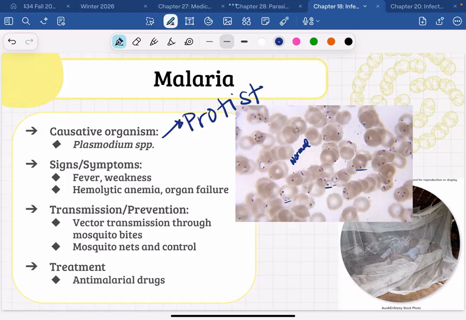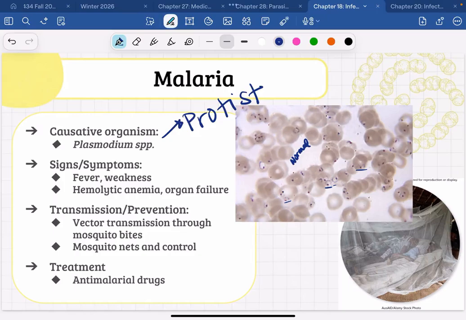So treatment for malaria is really, really difficult. Again, because it's a eukaryote and it lives inside of our blood cells. So how are we supposed to treat it? Anything that is going to kill that protist is going to kill our red blood cells. We're going to be in the same problem. So most treatments for malaria don't work very well. There's not currently a vaccine that's available.